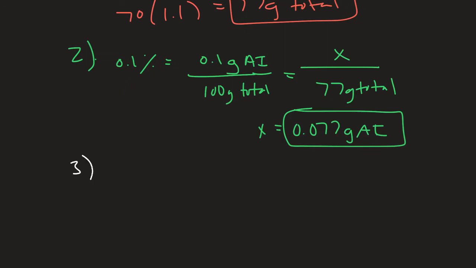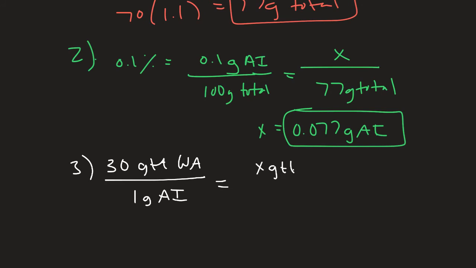So 30 drops of wetting agent was used for 1 gram of AI. We don't know how many drops are needed for the prescription, but we know the prescription calls for 0.077 grams of AI. Solving for x